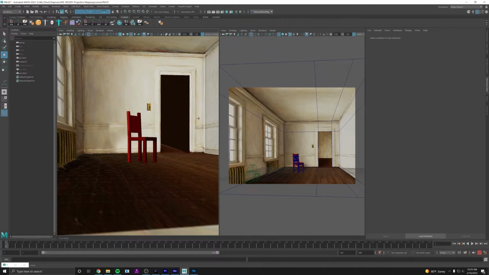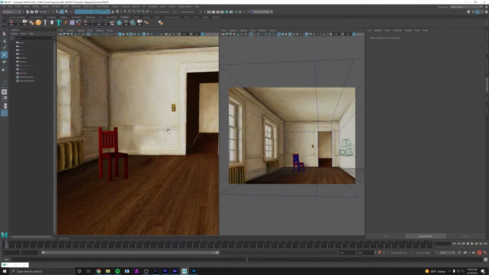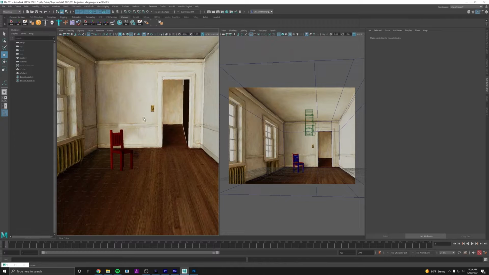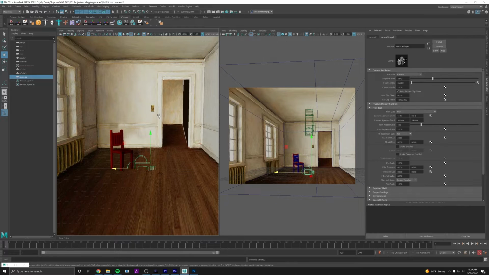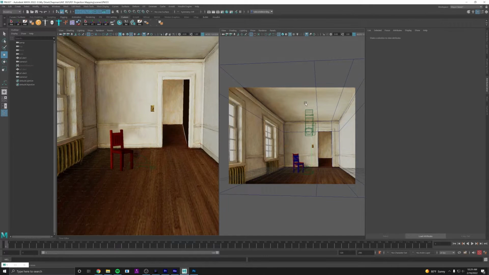Next I'm going to place my camera that I want to use to render the scene out. So the first thing I'm going to do is create the camera, and I'm going to get out of this perspective view. I'm going to change my panel here to this second camera,